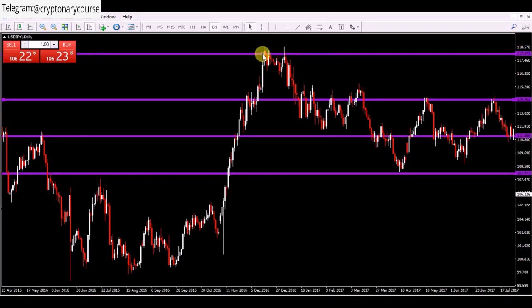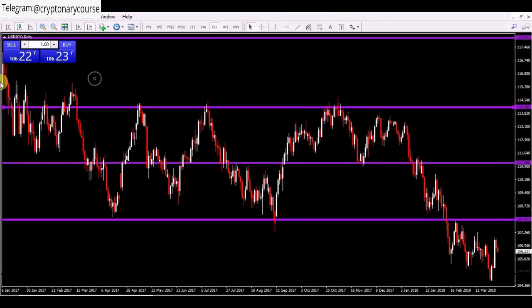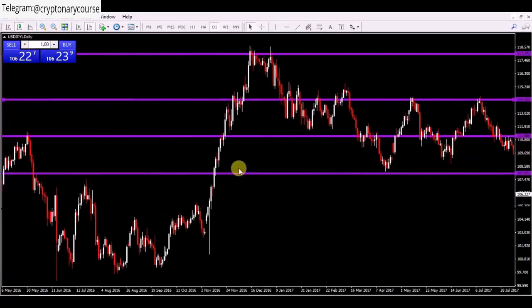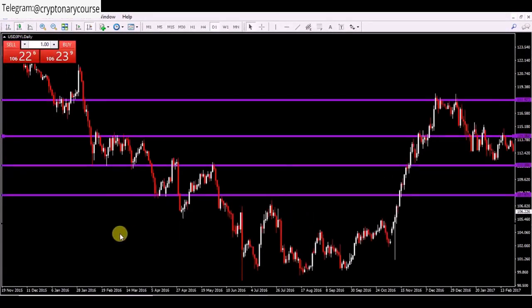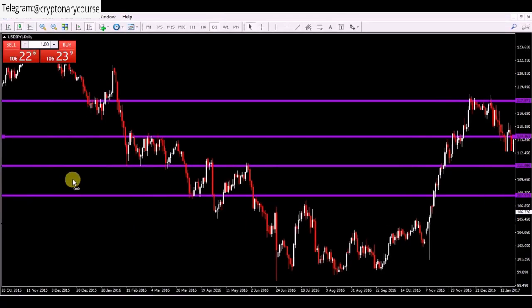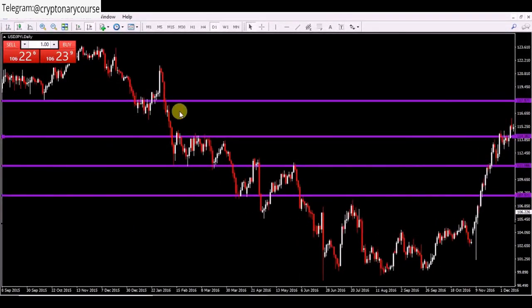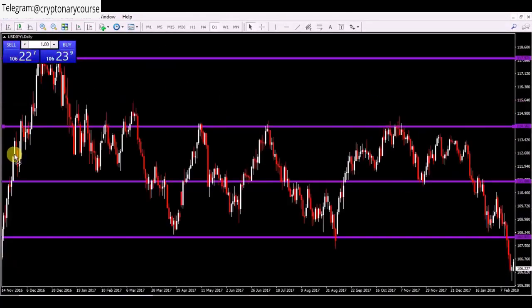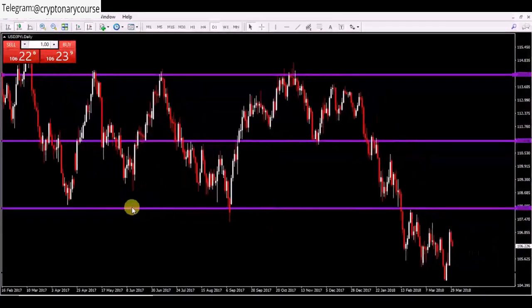So, again, very valid way to find support resistance. And let's just scroll back further. Look, you can scroll back forever and price is going to repeatedly respect these areas. Bounce, bounce, bounce. And all I did was, as you guys saw, off the higher time frame, daily and weekly,